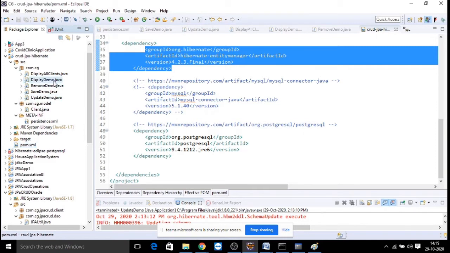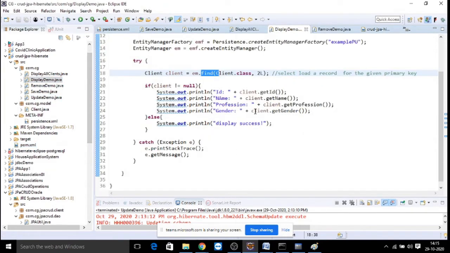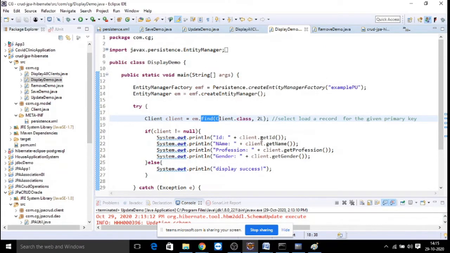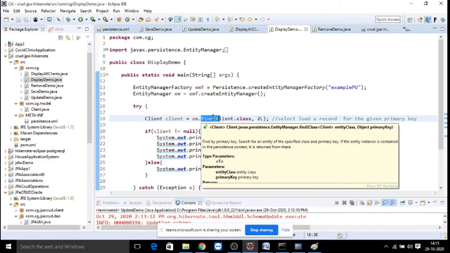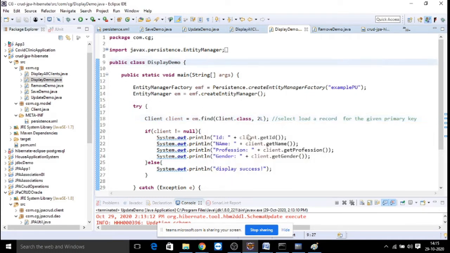So let me take a display method. In my display logic, I am displaying one client's details. Instead of writing it in my main method, because if it is in the main method I cannot test it, I will write it differently.